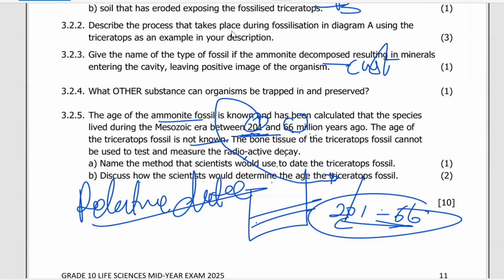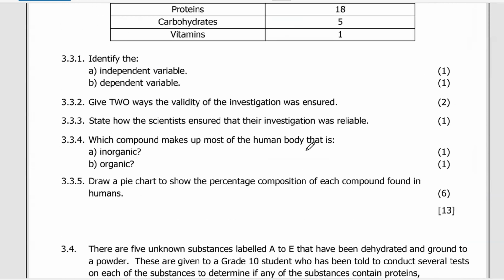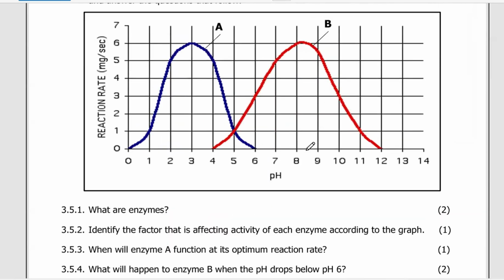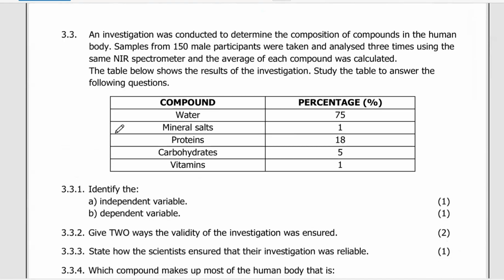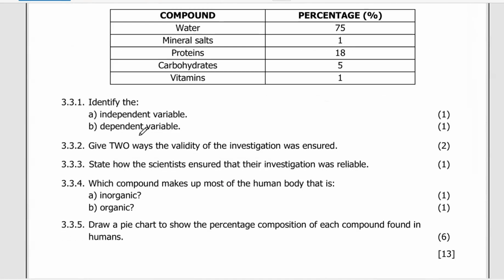Yes. Then we go to the last question, the second last question. They're saying that an investigation was conducted to determine the composition of compounds in the human body. The sample is from 150 males. Participants were taken and analyzed 3 times using the spectrometer. The average of each compound was calculated. The table below shows the results of the investigation. Okay, saying identify which one is the